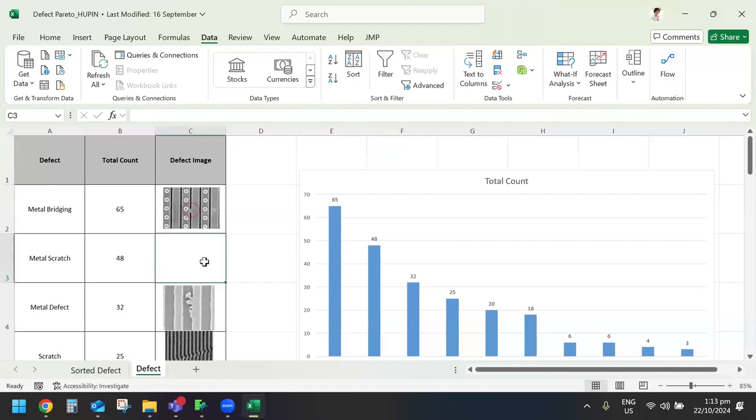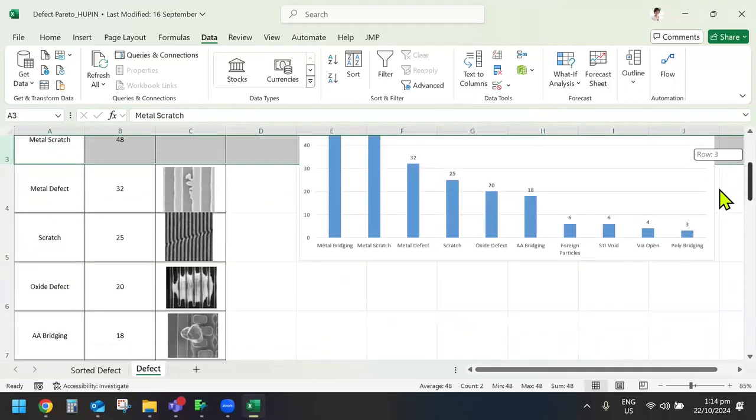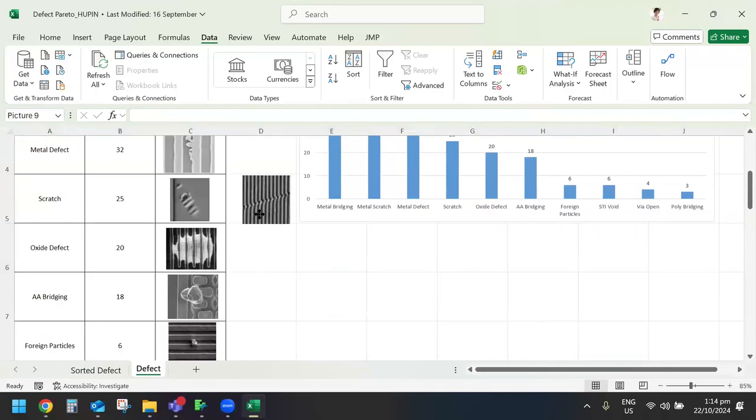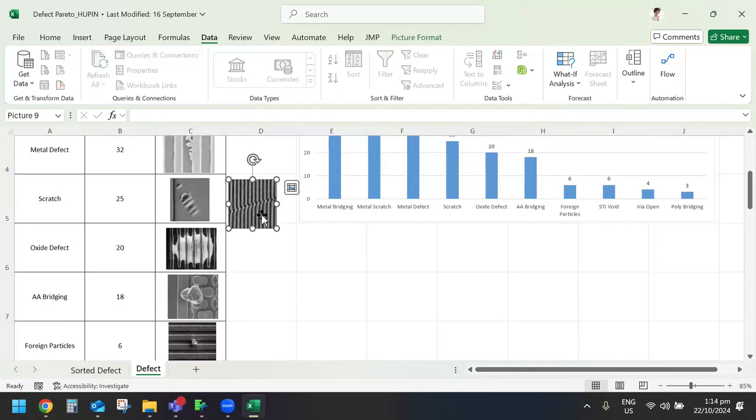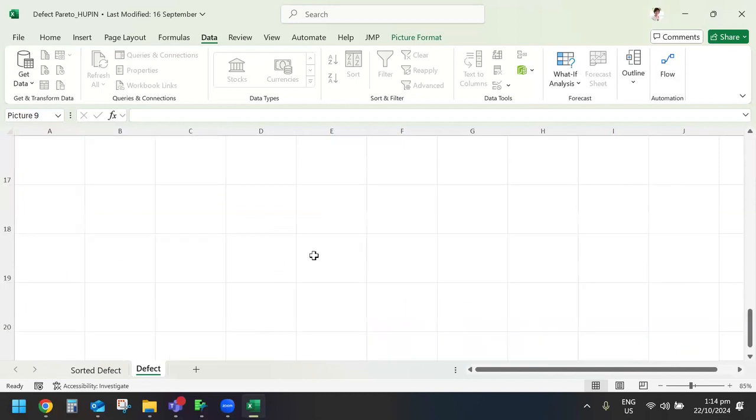Oh gosh, do some of you notice my metal scratch? Where is my picture for the metal scratch? Oh, is this one? Yes, this is the one. See, I did something to my chart, but the pictures are not inserted into the individual cells. So once you do something to your Excel table, those will change.